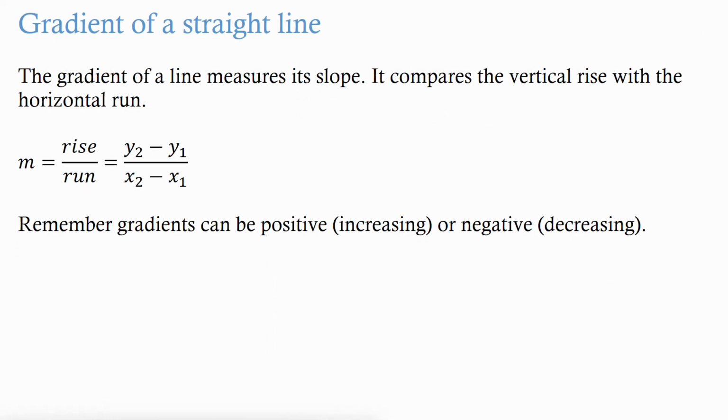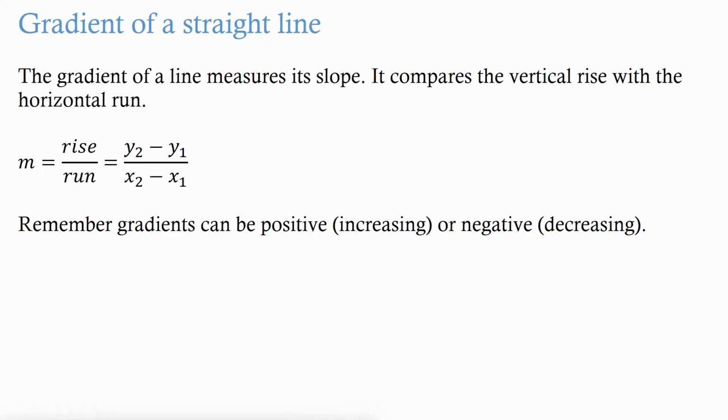In this video, we're looking at the gradient of a straight line or a linear function. The gradient of a line measures its slope, so how steep it is. It compares the vertical rise, how far it's going up, with the horizontal run, which is how far it's going across. Most of you should have heard of this before, but the gradient is represented by m, and m usually equals rise over run, or, if you want a more precise equation, y2 minus y1 over x2 minus x1,